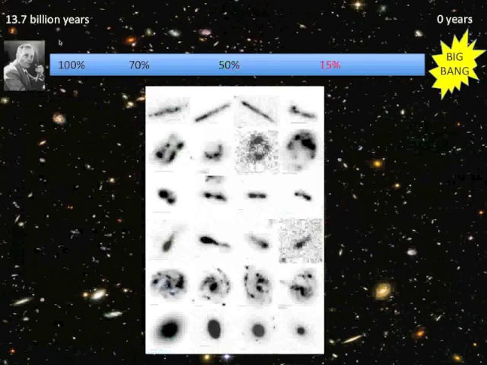Now, if you keep on going, you can use maybe an 8-meter class telescope, the largest telescopes that we've built so far, to look at very small patches of sky, but for a very, very long time, and integrate your pictures for a very, very long time. If you do that, you can still pick up galaxies all the way back to when the universe had roughly 15% of its history. And by this time, you start seeing very interesting things.